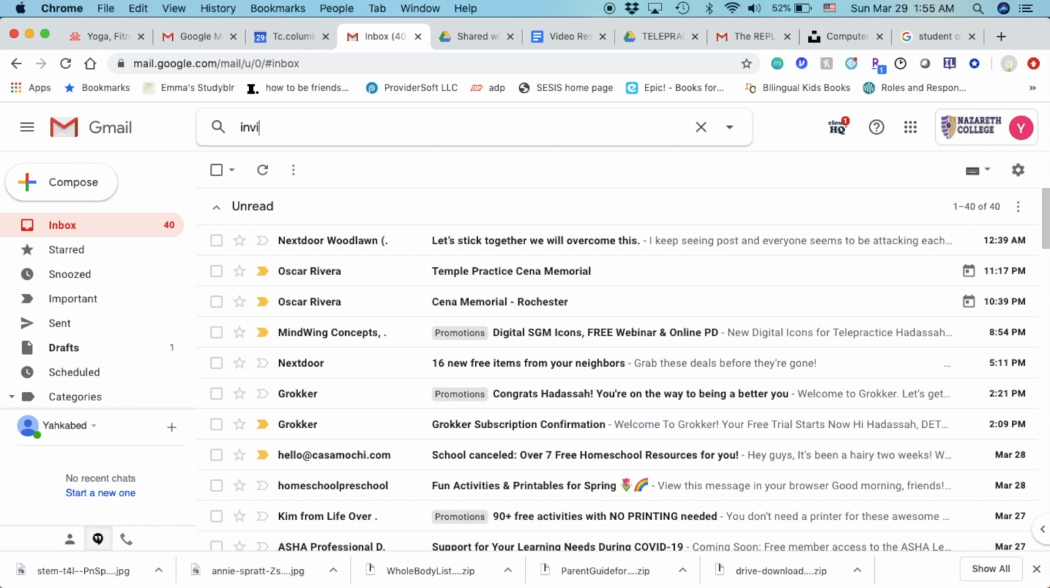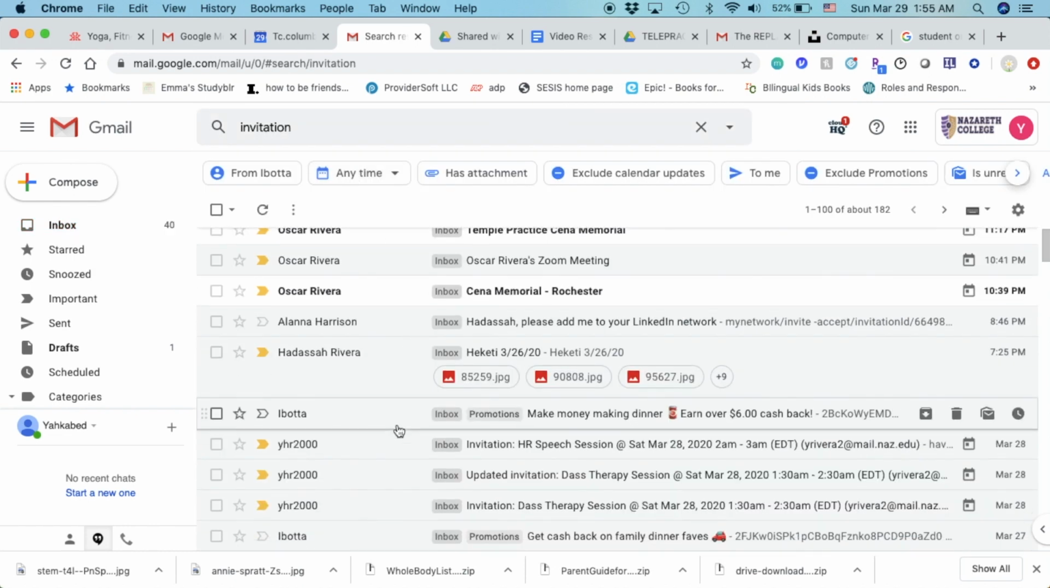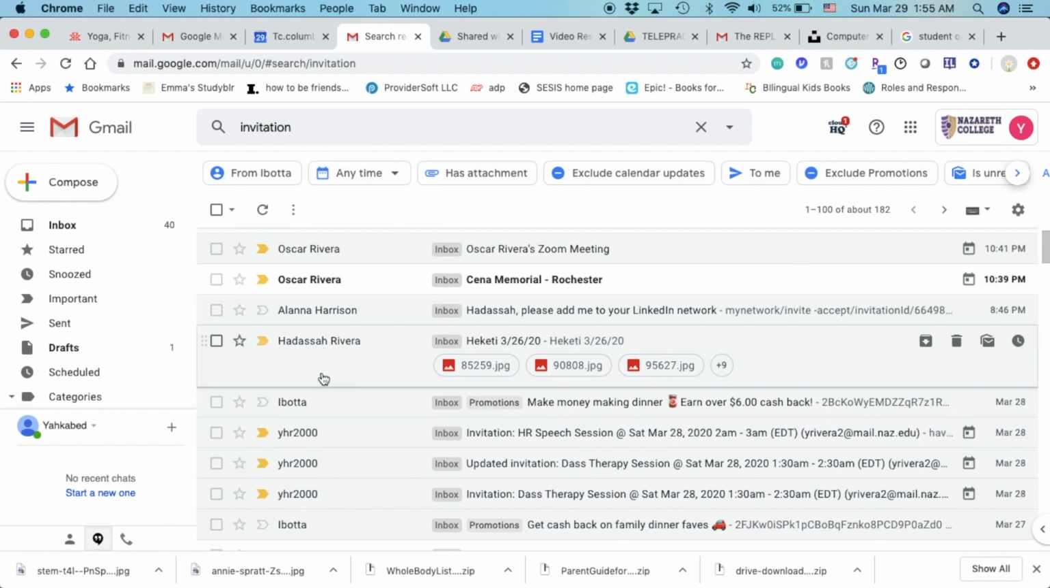Just going to quickly show you how to access the Google Meet therapy session invitation using your Scholars email or your own email. So for Legacy, the Scholars all have a Google Suite email. So all they have to do is sign into their email, and then in the search bar they can type in invitation, and they're going to be looking for on this side for it to say Hadassah Rivera for me,